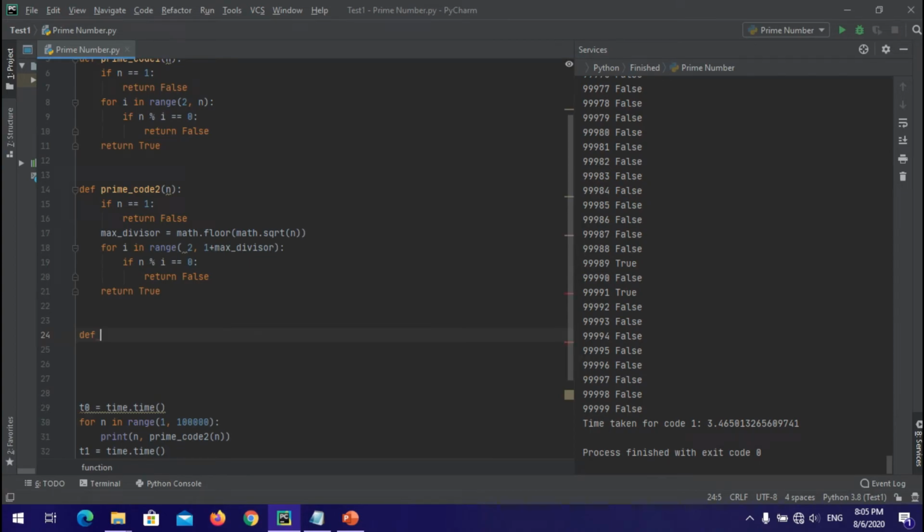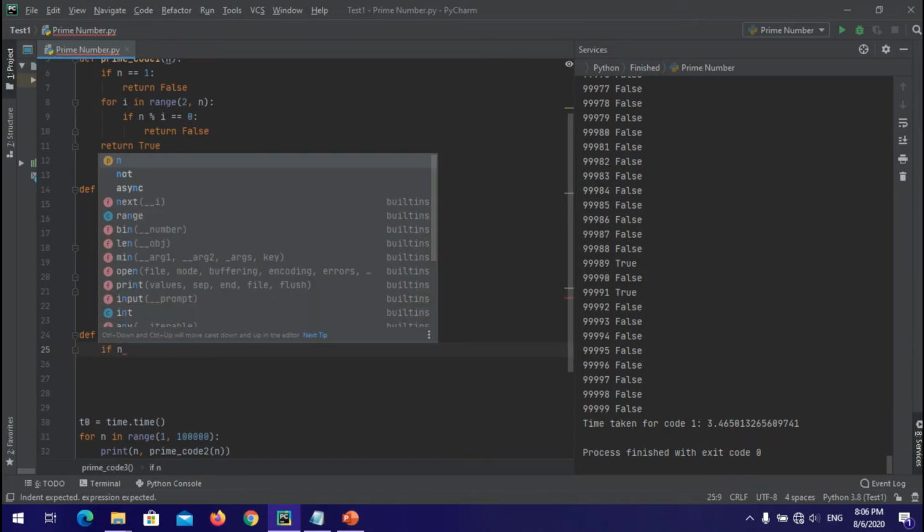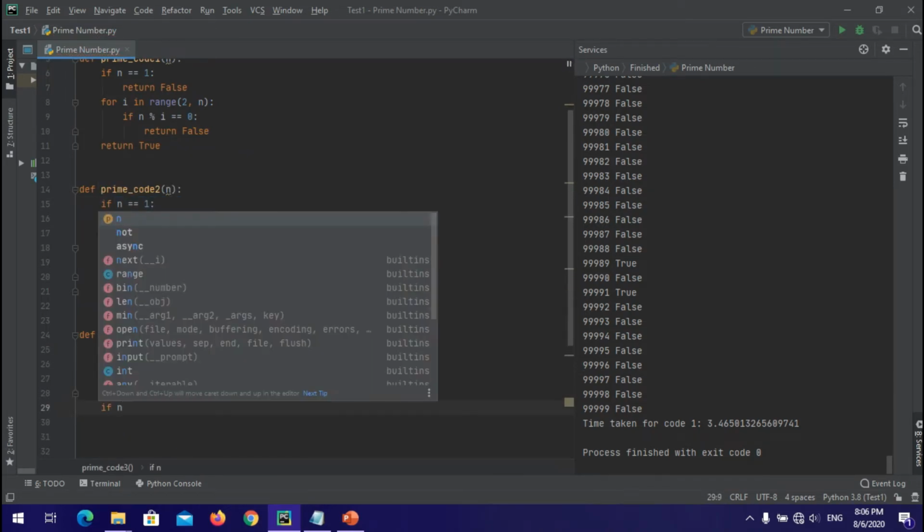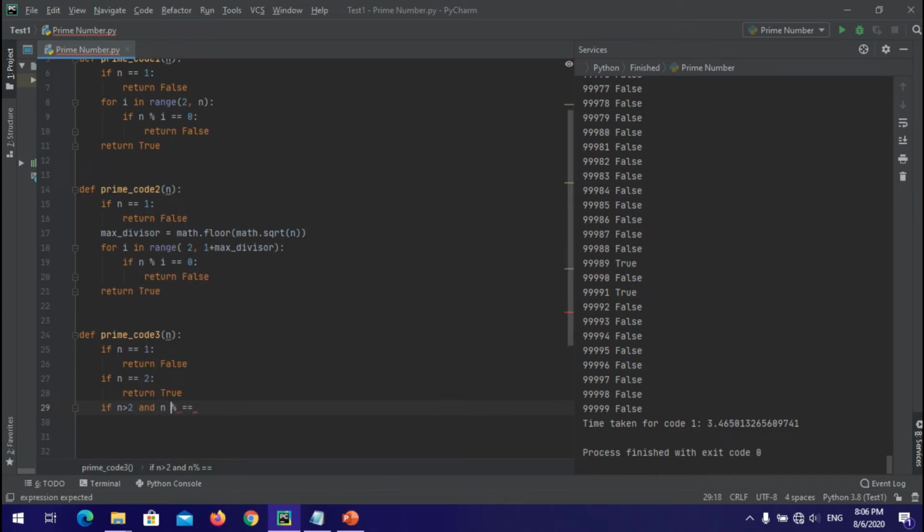I am defining prime code 3. Again the input is an integer. In this case, first I am eliminating all the even numbers. For code 3, I have written: if n equals 2, return true, and if n is greater than 2 and divisible by 2, then return false.